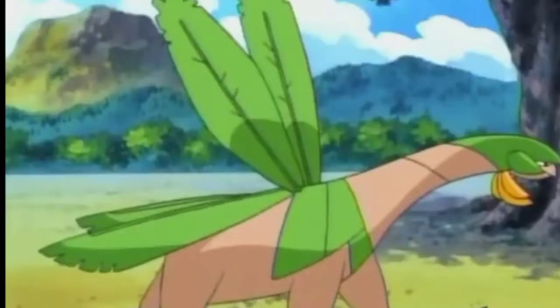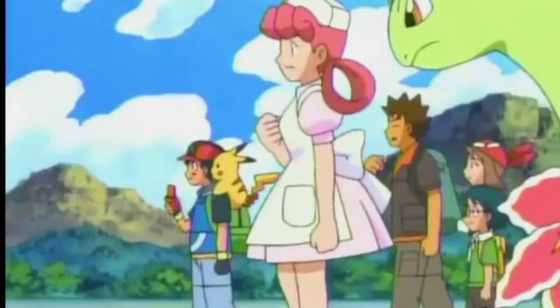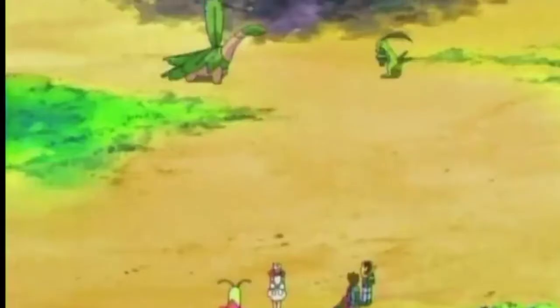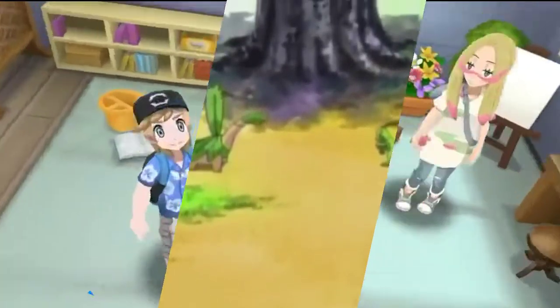We think old Nanochin deserves more love. Oh no! It looks like Tropius has taken over that tree as its own, so if anyone dares to come close, Tropius...